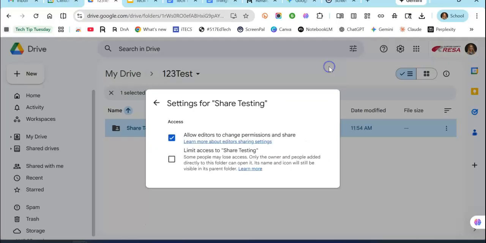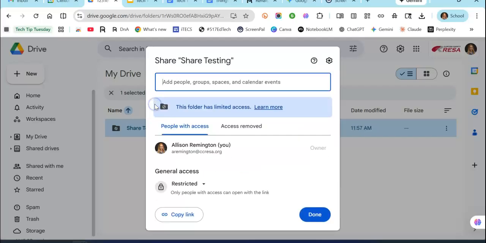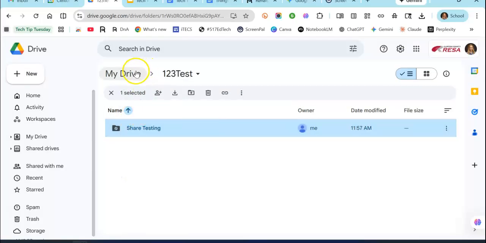So I'm going to select the gear icon and I'm going to select limit access to this folder. And it's going to tell me some people may lose access. Only the owner and people added directly to this folder can open it. So what that means is now if I go back to my bigger folder